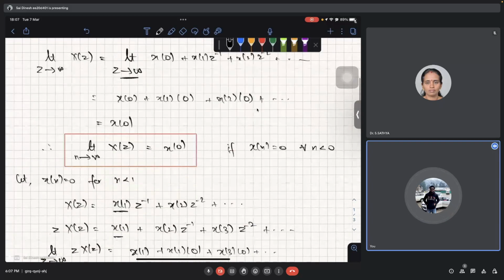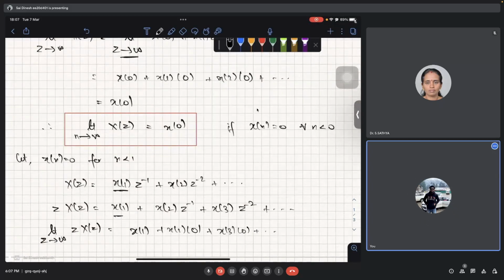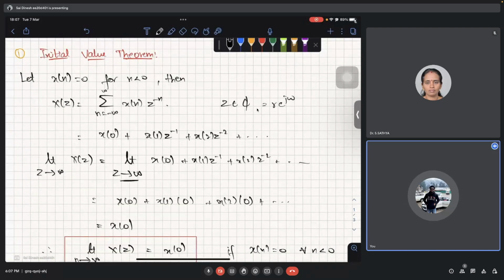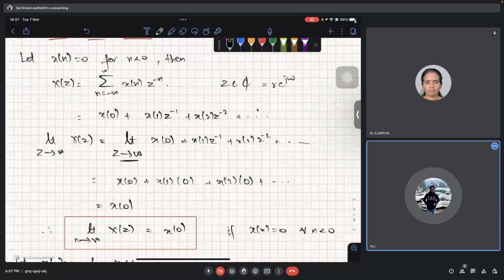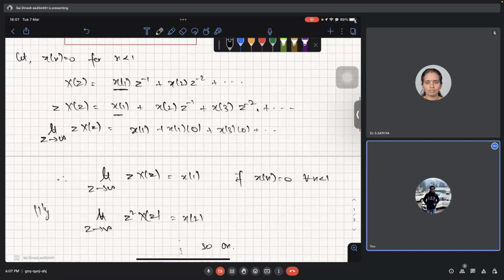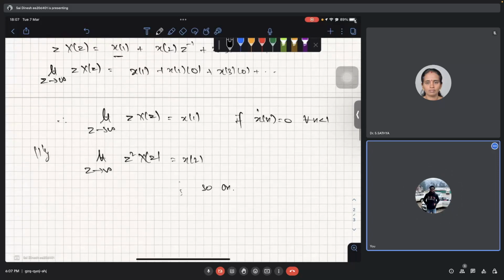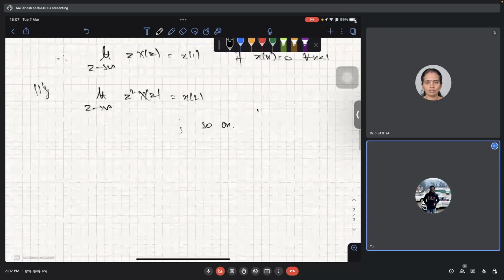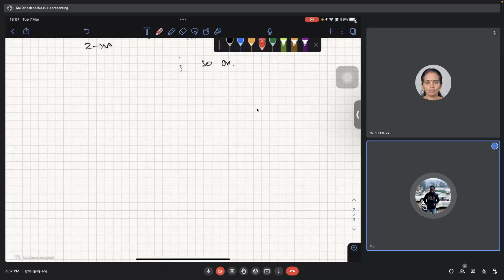This is actually a very useful theorem. Whenever we have an X of z and we want to find specific values of x, the original signal, if certain properties are satisfied, then it is actually very useful. So the next one is the